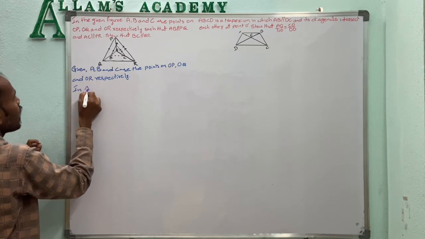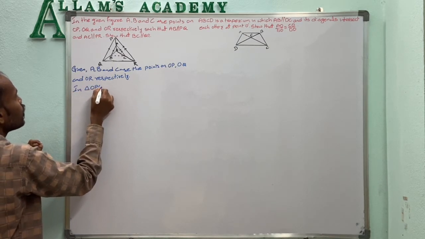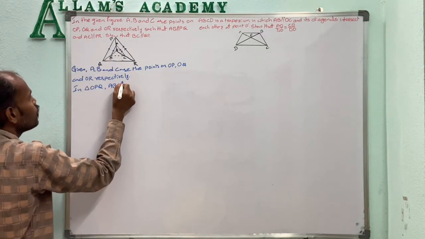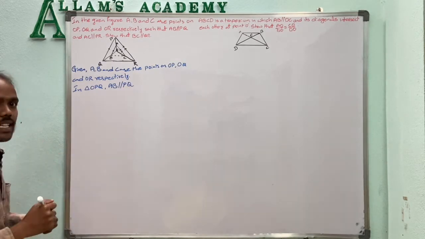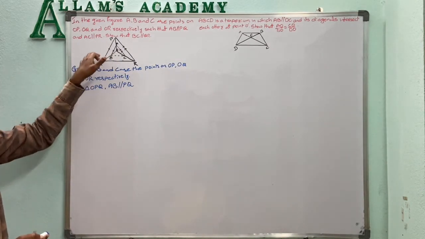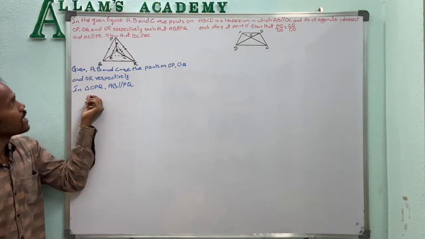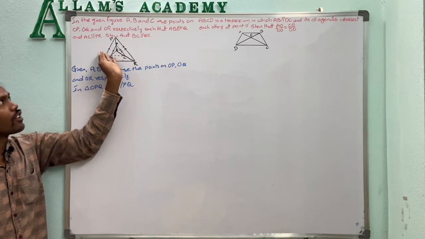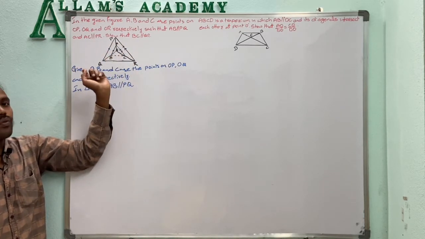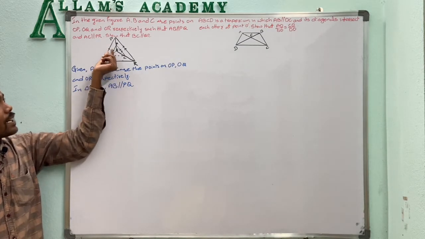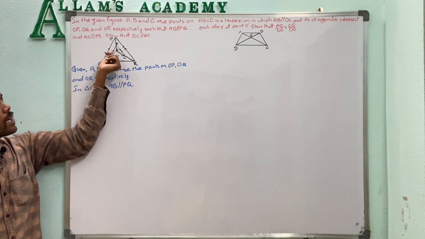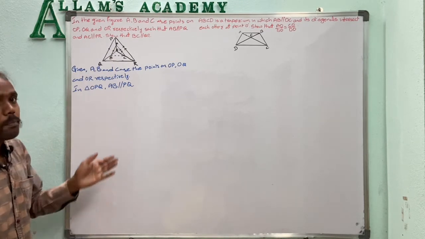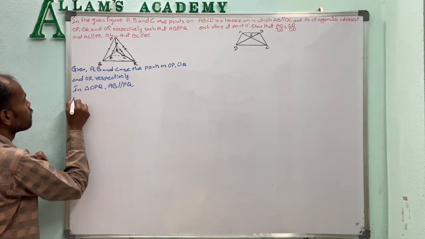In triangle OPQ, if we observe, AB is parallel to PQ, that is given. Now on this triangle OPQ, points A and B are on the two sides OP and OQ, and the line segment joining those points is parallel to the third side. That means by the basic proportionality theorem,